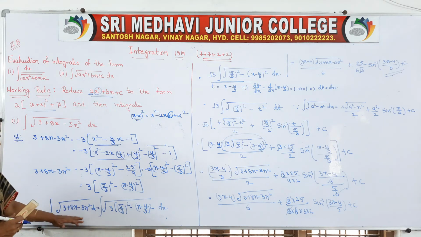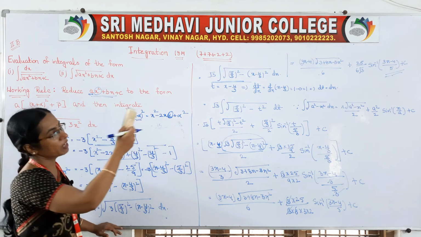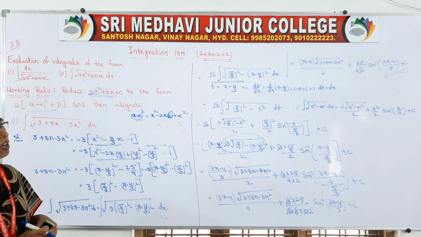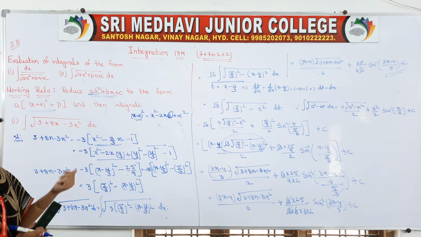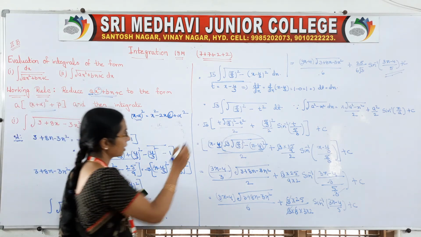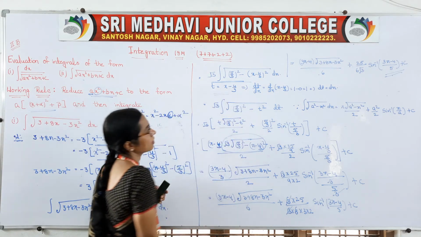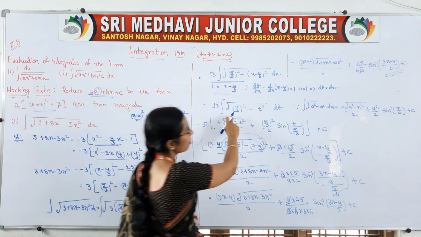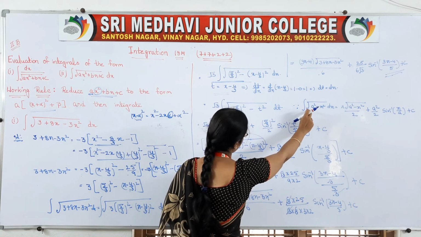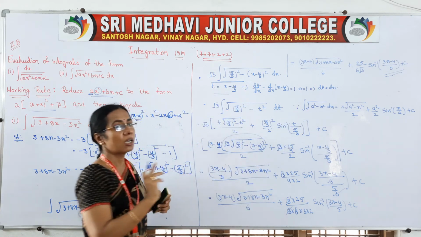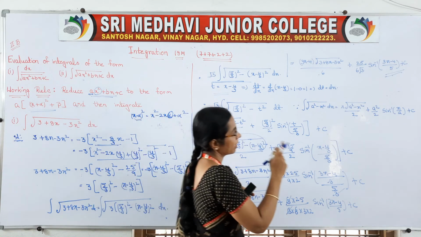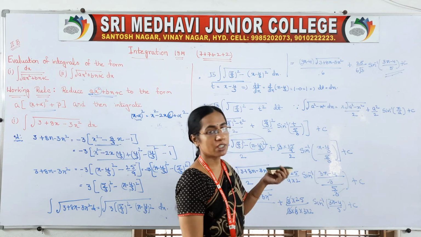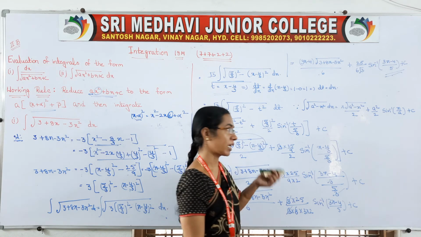So integration of this one is equal to, and whenever a constant is there, we will write that one outside. And observe, it is not purely in our formula form. Whenever it is not in our form, we will take a substitution, right? t is equal to, then you will get your dt. Then if you substitute, now it is in your formula form. In integrals, there is one formula, right? Don't get scared by seeing the formula. If you write it 2-3 times, you will get it. Your seniors did it nicely, you also can do it.